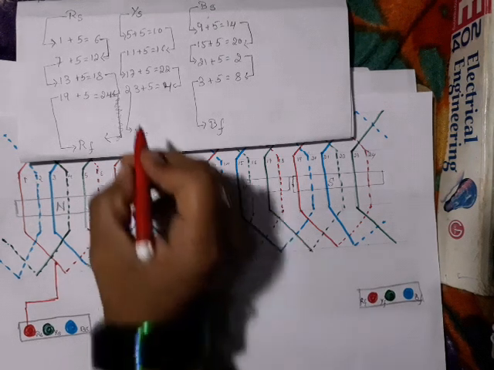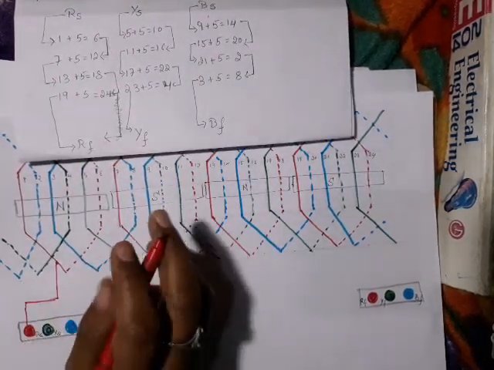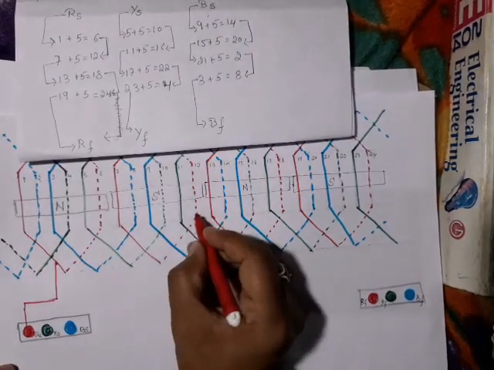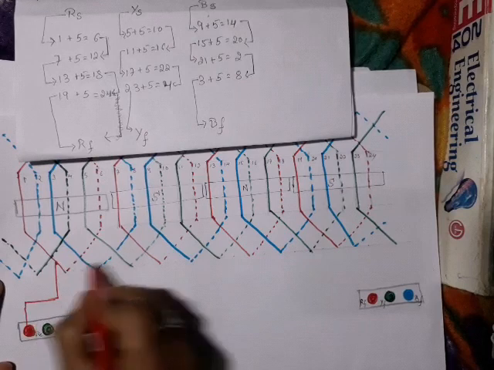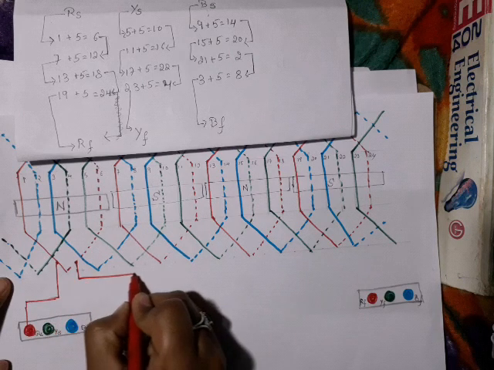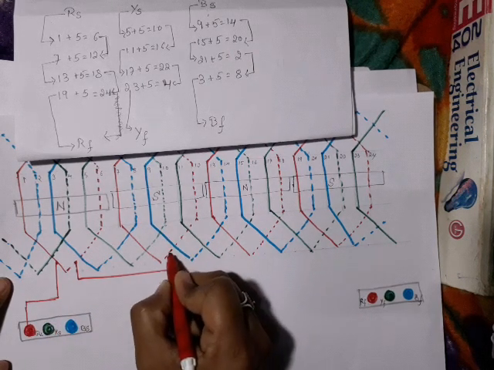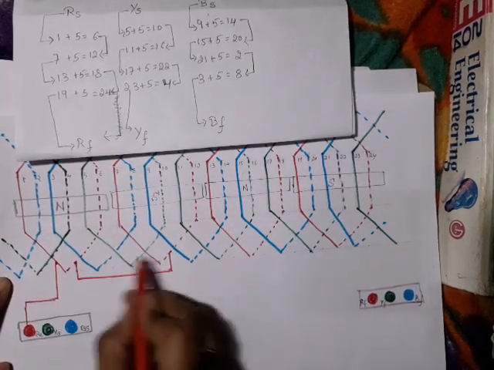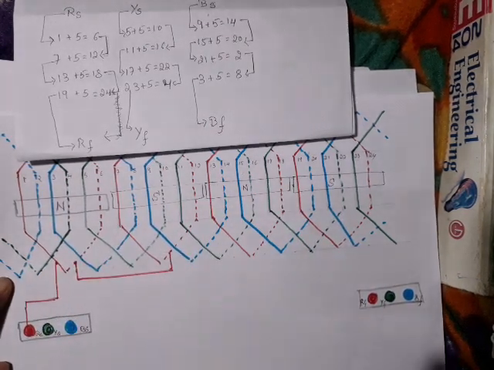Then winding number 1 and 6 is already connected. See, 1 is connected to 6. 6 should be connected to 12. Where is 12? Here I have 12. So here I have 6, here I have 12. You just need to connect these two things. So both are back-sided, because you can see both are dotted lines.